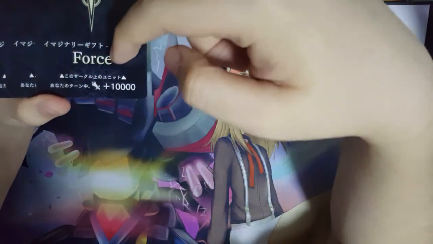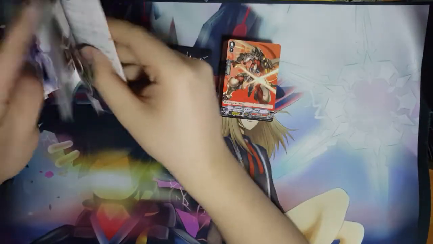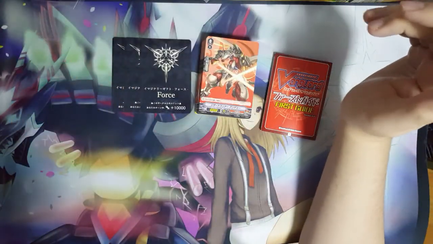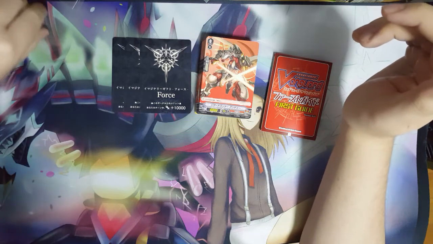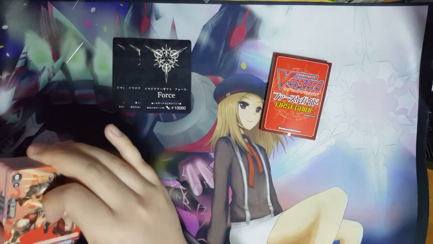And I like that they just say the unit on the circle in turn gets 10k power for just saying force. Then that's not helping, but this is helping. And then of course you get a first guide to know a little bit of the game. So it does help people who want to teach others how to play the game, maybe from a shop, maybe just a friend wanting to introduce the game to another friend. I think this is a good way to do so. So yeah,